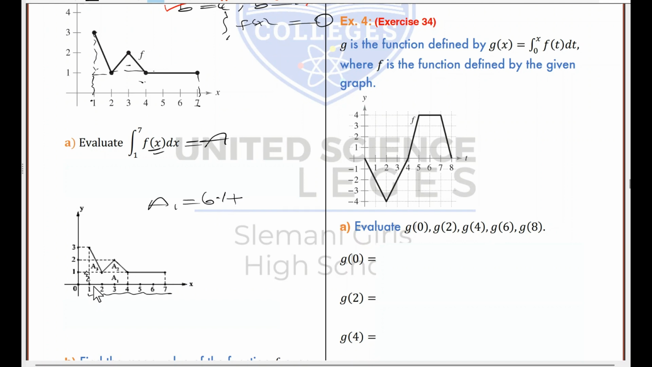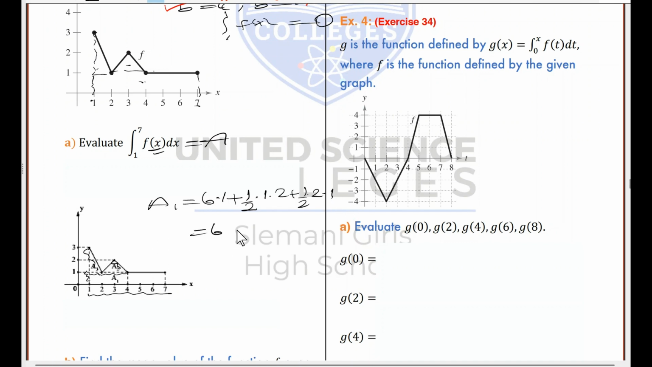Plus, what is the area of the triangle? Let's start with the first triangle. Base times height times 1 over 2, that is 1 over 2 times base times height. Our base is 1 to 2, 1, times height is 1 to 3, 2. Plus the second triangle, 1 over 2 times our base, 2 to 4, 2, times height, 1 to 2, 1, which